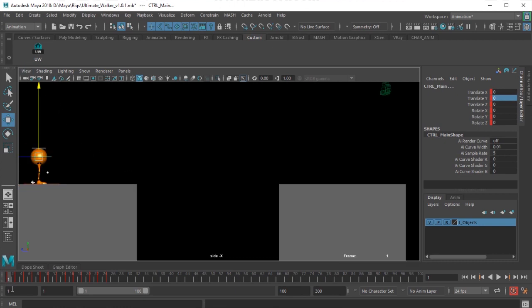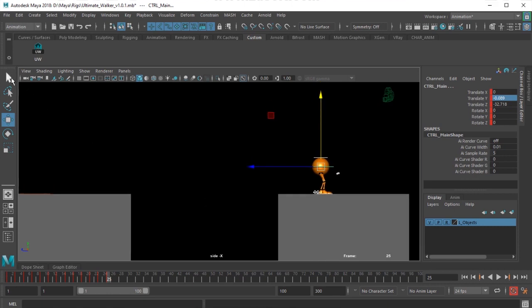I select all the controls, and then on frame number 1 I do a set key, set key, set key, set key, set key, set key. I'm pressing S and I'm jumping to the next frame and I'm doing a set key.